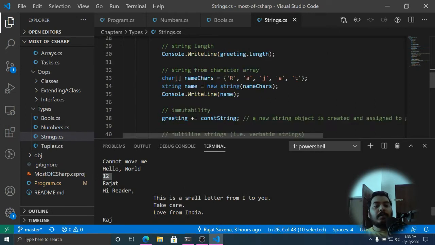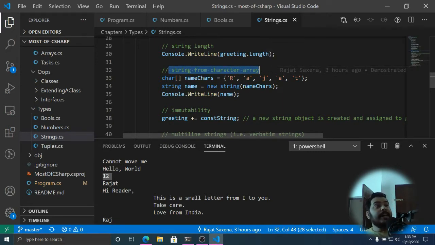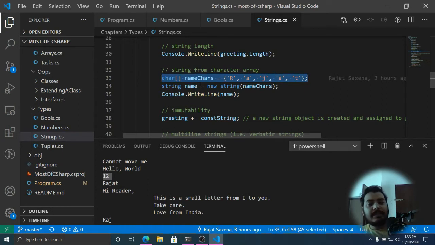Now we can also construct strings from individual characters. This is how you can create an array. I'm going to show you a little more about creating arrays in the later part of this video, but this is how you create arrays. So basically I have initialized the array with the initials of my name.